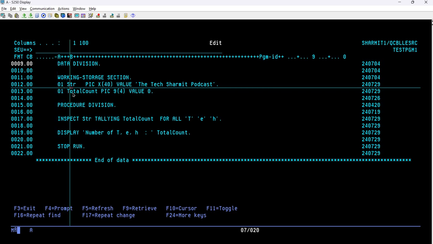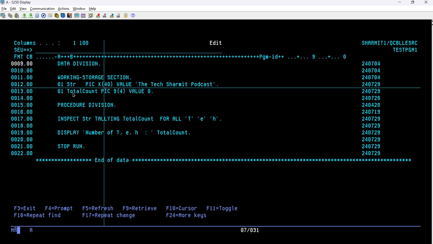Then we have the data name, or you can say variable name. Whenever you want to access this variable, you will utilize this name only, which is STR, so this STR is known as the variable name or data name. That means whenever you want to initialize any value to this variable, you will use this name. Whenever you want to print, read, or do anything else with this variable, you will use this name only. Then we have PIC. What is PIC? PIC is denoting the picture clause. Then we have X of 40. What is X of 40? Alphanumeric 40.